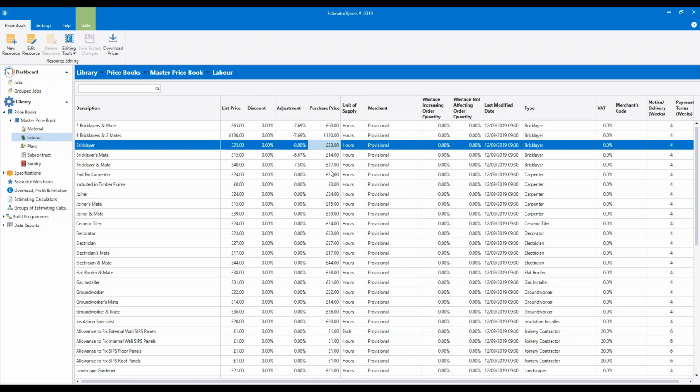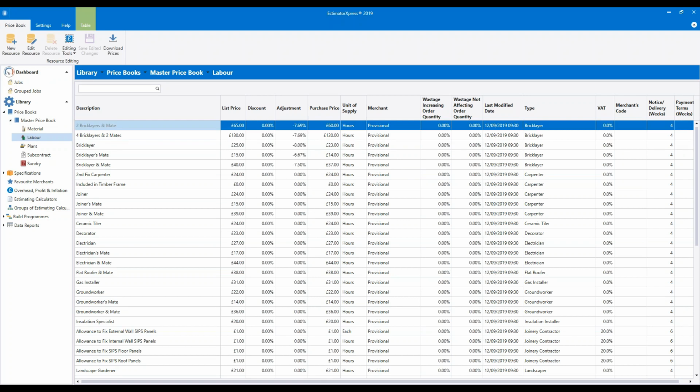Now you might be wondering if you can add your own labourers into the master price book. Say for example you wanted to use a 3-in-1 bricklaying gang. You can do that, that's fine. However, you just need to be aware that the existing labourers and gangs are already in use in the various specifications. So for example, in the new build specification, a 2-in-1 gang is the default bricklaying gang.